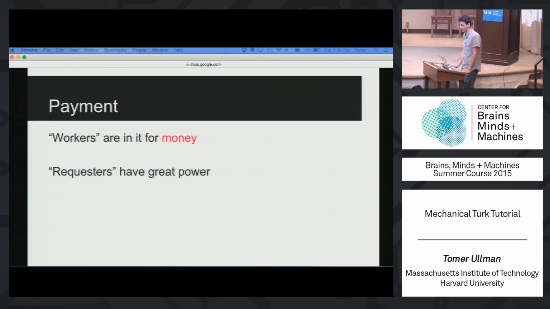You have a lot of power as a requester. You have a ton of power to dictate the terms of what you're going to pay them. You have a ton of power to reject their work. Once they do the HIT for you, you can go back and say, you failed this catch question, or you didn't quite get what we wanted, or you actually did this study 2 months ago, but I didn't implement checks for that. I just asked you, did you take this study before, and they didn't remember, or something like that, and then you reject their work.